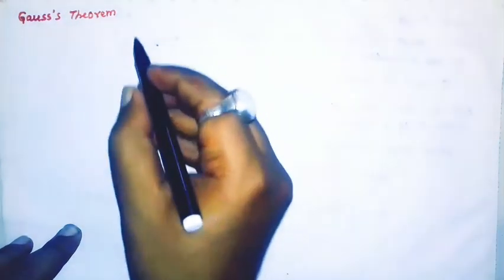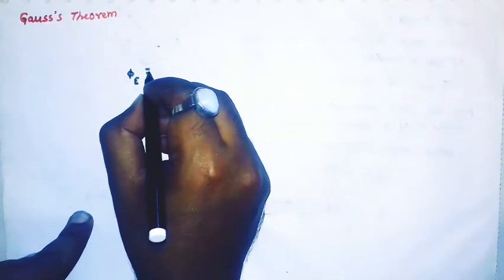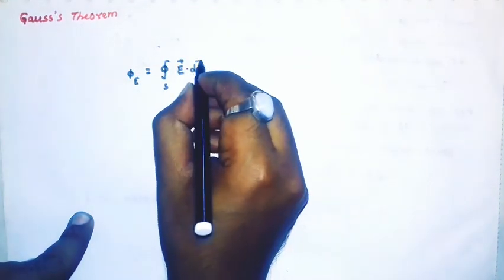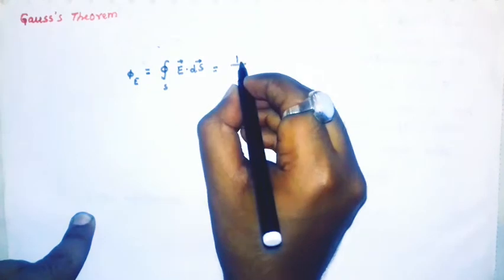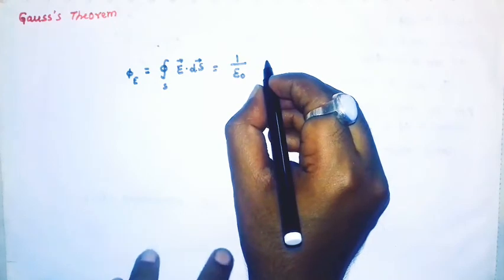So today we are going to discuss the most important topic of this chapter, that is Gauss theorem. The Gauss theorem gives us the value of total flux across any surface, and that flux is denoted by phi E, and this phi E will be equal to the surface integral of electric field into ds, and this is equal to 1 upon epsilon naught times the total charge across the surface,